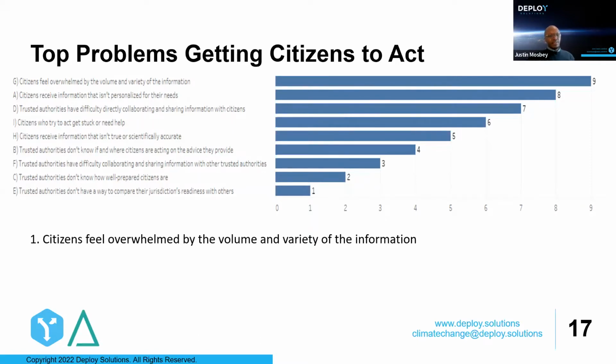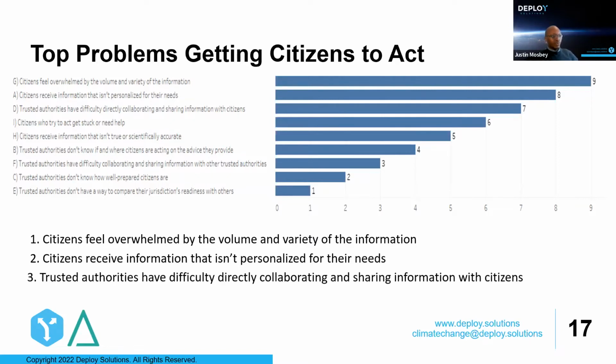The second one was citizens receive information that isn't personalized for their needs. The third one was trusted authorities have difficulty collaborating and sharing information with citizens. So we are going to do a deep dive into each problem and what the respondents said.